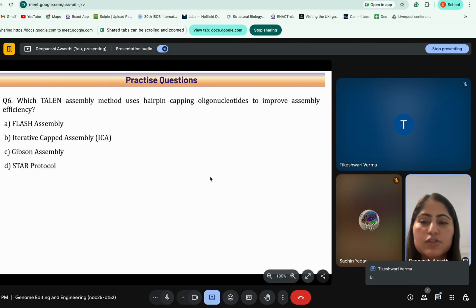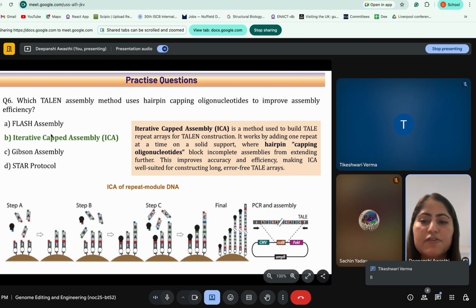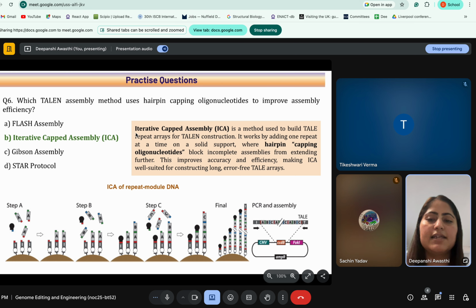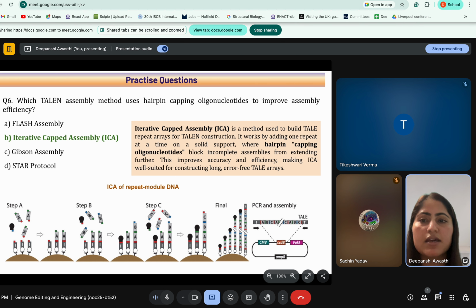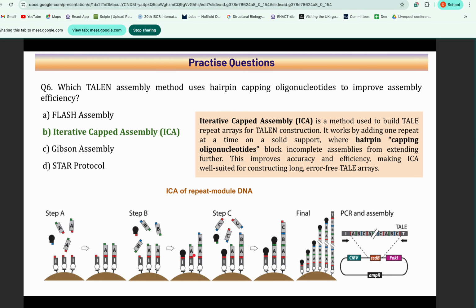Yeah, so this is the right option, iterative capped assembly, because we have discussed that in iterative capped assembly there is an oligonucleotide cap, sometimes also known as the hairpin, with which it prevents the incomplete products from binding to the newer units. We have also discussed why it is important, and this is well suited for constructing the error-free TAL arrays, because if capping does not take place, then, for example, in this scenario